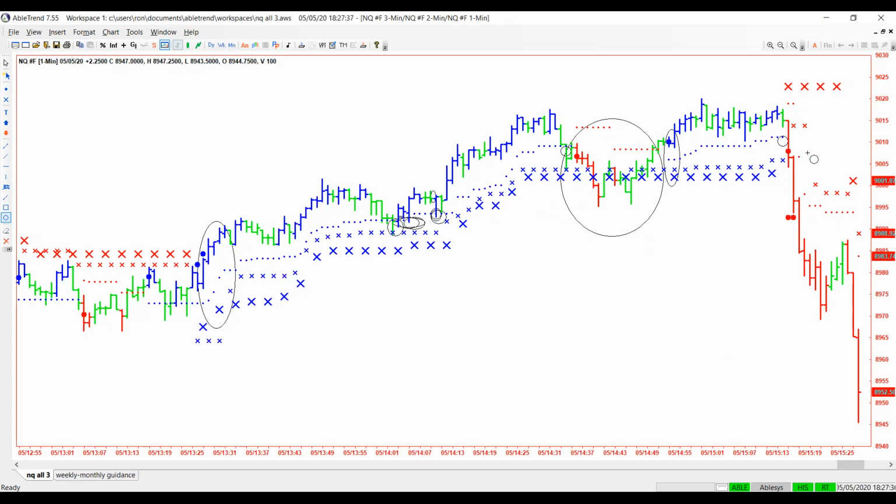And then you had the just huge downtrend. And there's your triple confirmation short trade right there. It's a tough one to get in. If you missed it, you know what? I could understand that. It moved really fast. It was going 100 miles an hour. However, it doesn't matter. The software,